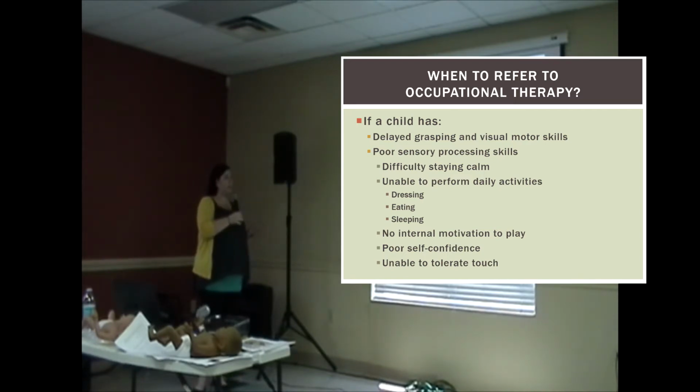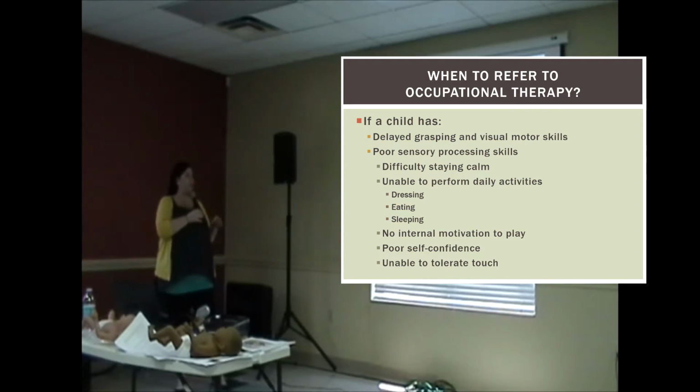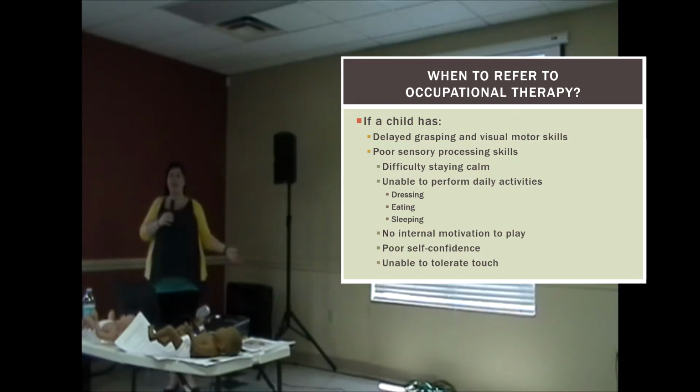Poor sensory processing skills, meaning they're still having difficulty calming down, they're unable to perform daily activities like dressing, eating and sleeping. If you have those kids that just don't sleep, that's the number one thing I hear from you all is the older kiddos: what do I do when they don't sleep? There's a lot of things that go into that. Now, you can try all these tricks that I'm giving you, but you may need to refer them to OT